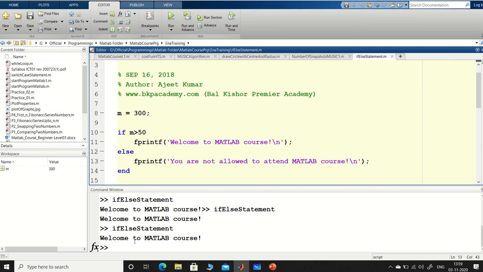So what will it do? Welcome to MATLAB course. Now you make it less. Okay, so if it is less than that, you are not allowed to attend the MATLAB course. So this is the way you can put if and else conditions.